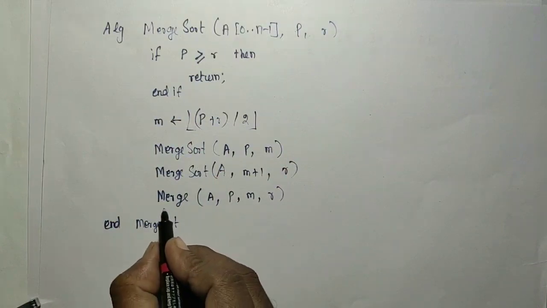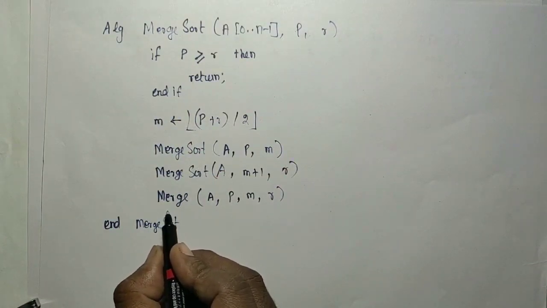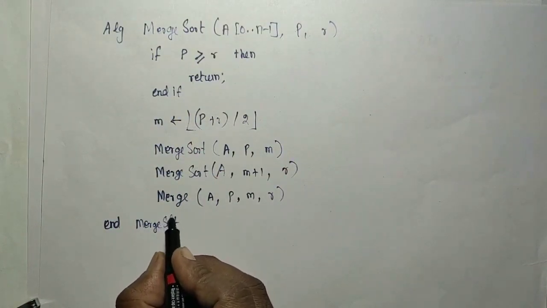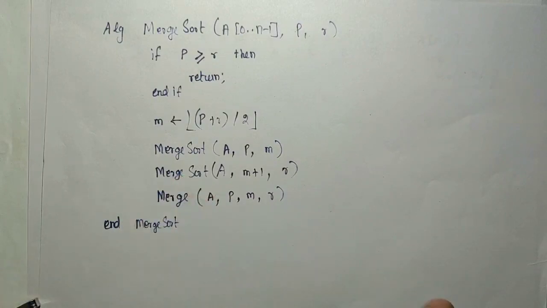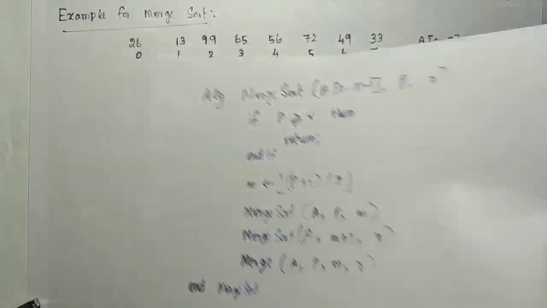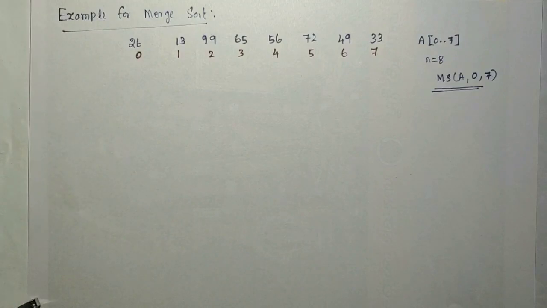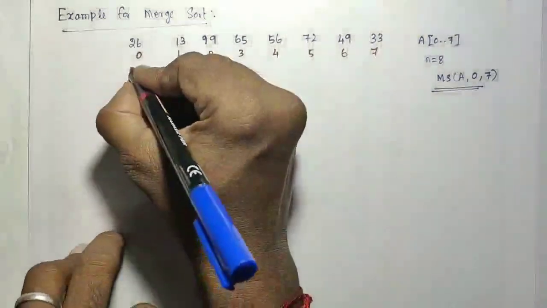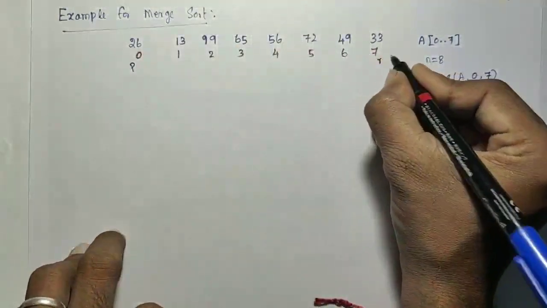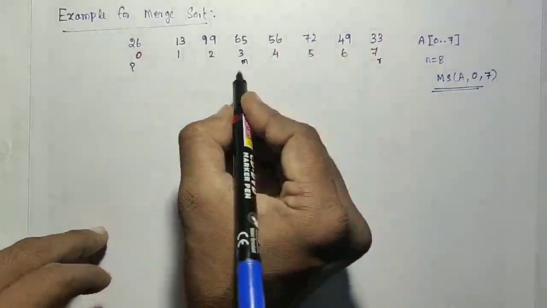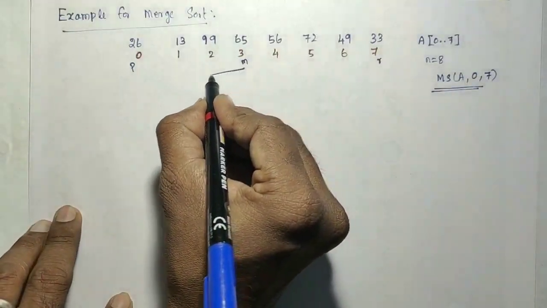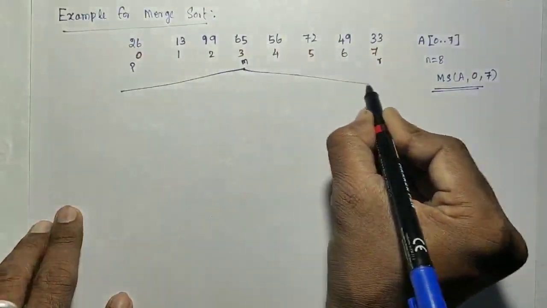This is the merge sort algorithm. The merging of two halves we already discussed, how to trace that. That is one example we have already discussed. So if you are asked to sort the elements using merge sort, just write this down. You apply the first step: this is p and this is r, and then the middle element is this one. It means the array is split into two like this.